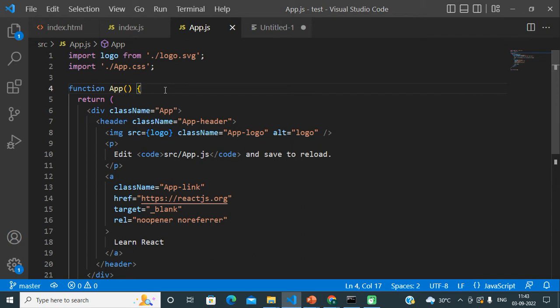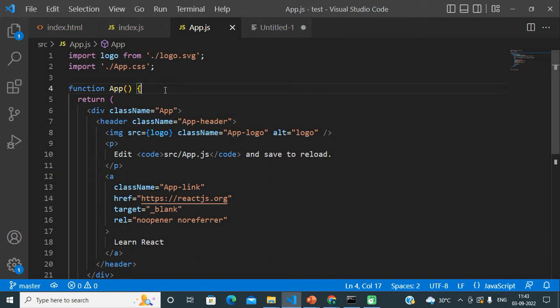In our last video, we understood the normal directory structure of a React.js application. In that video I explained how we can see our default user interface on our browser when we start our React.js application.